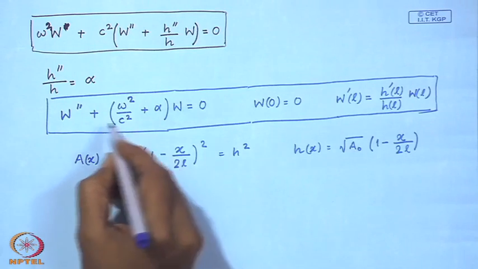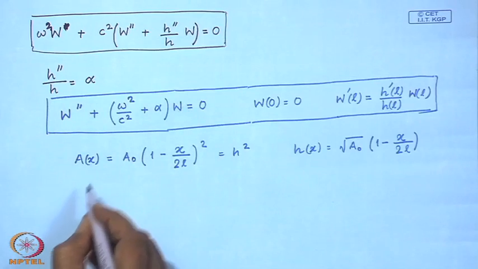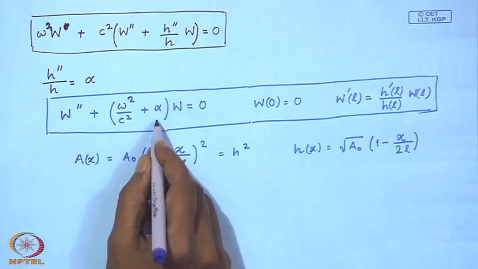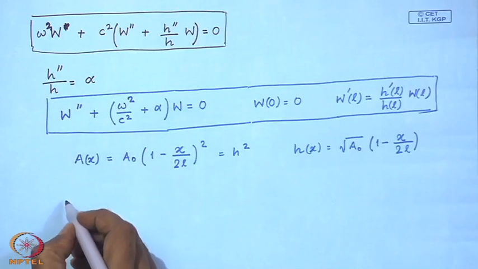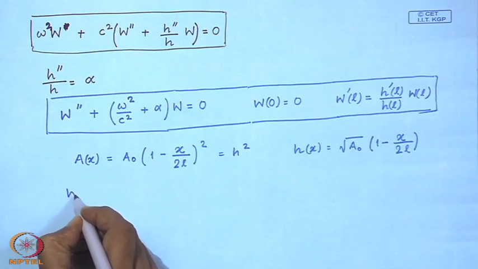So, if that is 0, then the differential equation simplifies further, and the solution can be written as